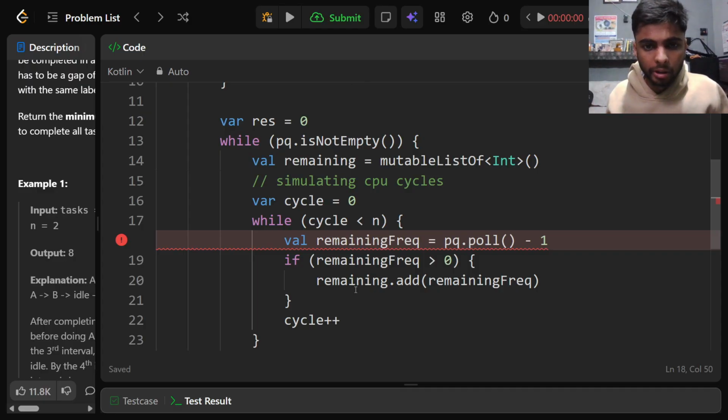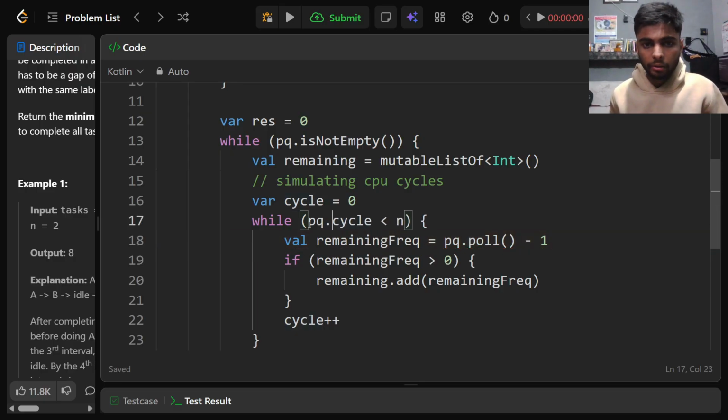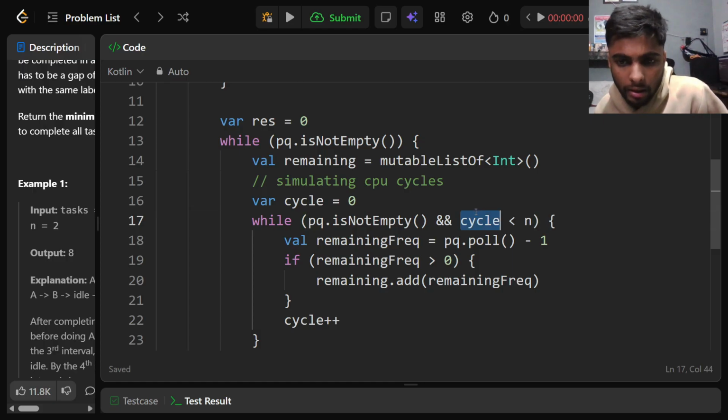Of course it can be null. While priority queue is not empty, and cycle is smaller than n,